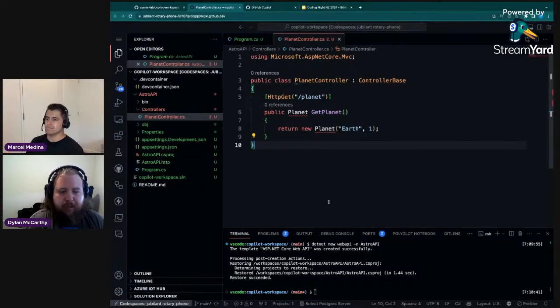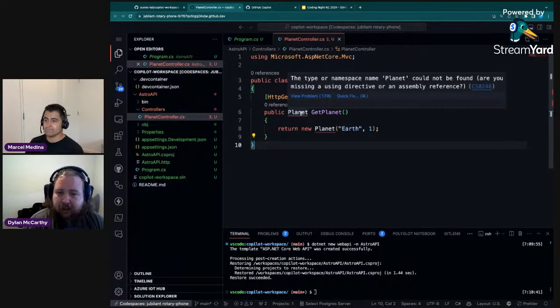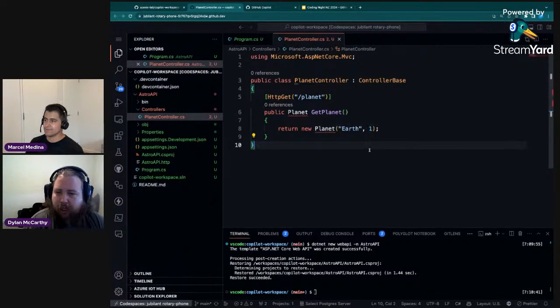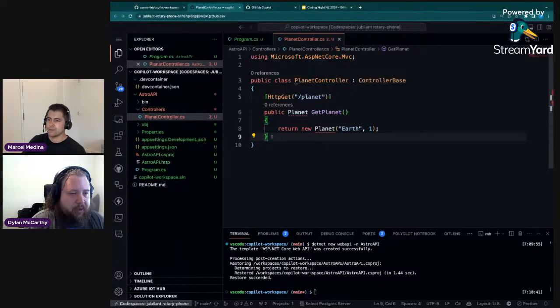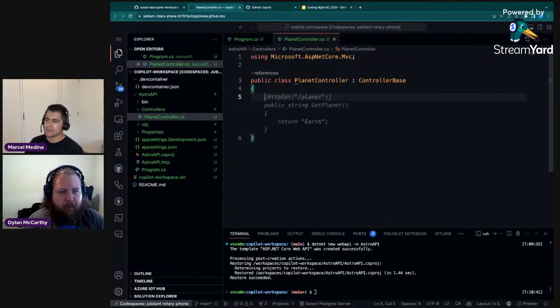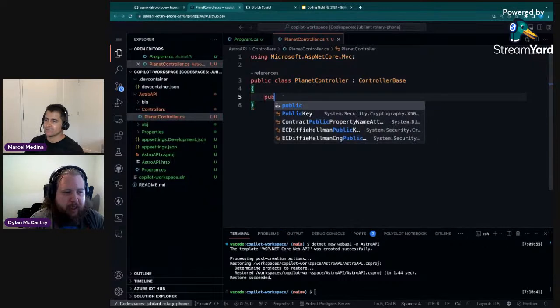And we can already see some things it's assuming. It's assuming that there is a class named Planet and that class has two arguments effectively. So it's already taken some assumptions just based off of the information it has available. So what I'm going to do here is back this part out and say, well, no, it wasn't quite what I was going for, but let's do a